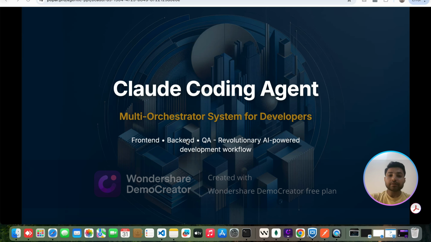Today I am going to talk about cloud coding agent. There are two types of coding agent. One is the normal agent which will do your development work for a particular backend or front end. But I am talking about a multi orchestrator system where you have to build a complete project that involves backend, front